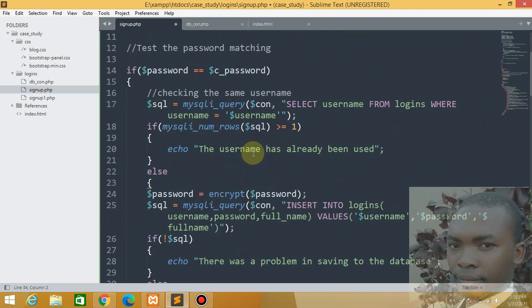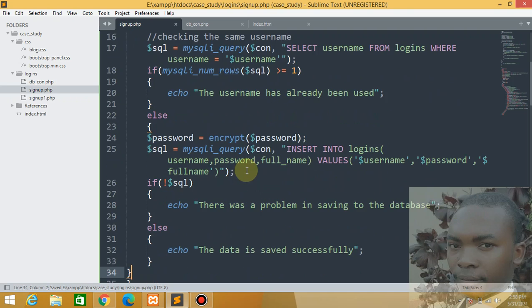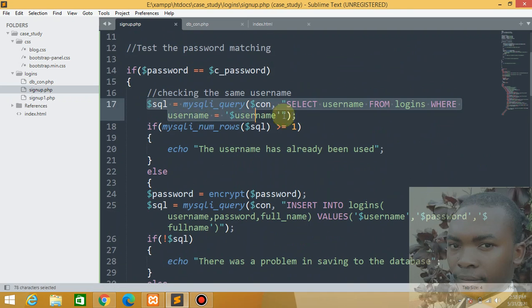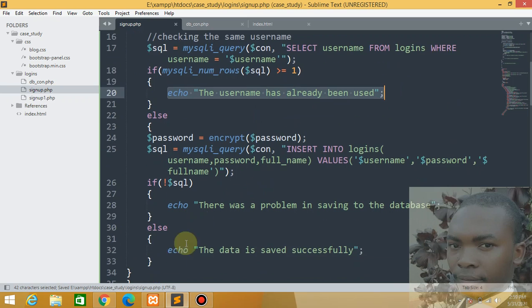Okay, so this string here is to help us test the username. They should not use the same username, and then it tells the user that the username has already been used, please choose another one. Okay, so